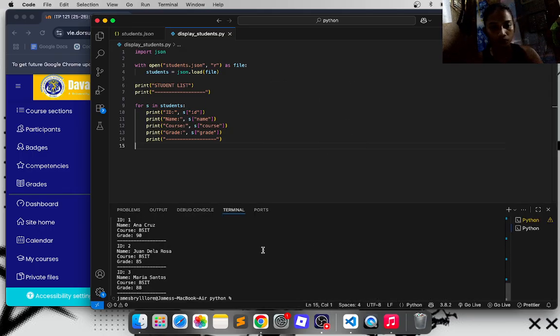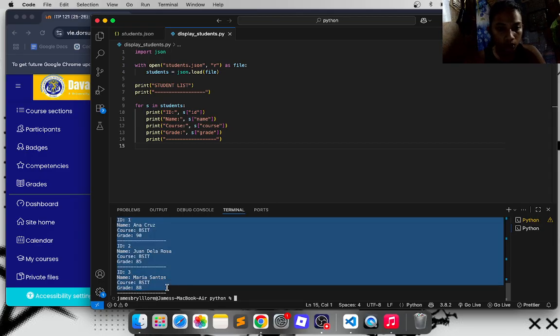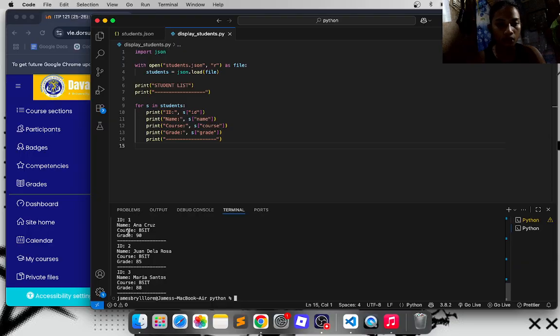As you can see on the screen, the output shows the list of students with their ID, name, course, and the grade. This means subsystem B successfully consumed the data from subsystem A. This demonstrates data integration because the display system depends on the data produced by the data provider.